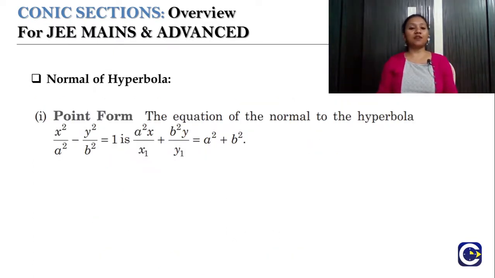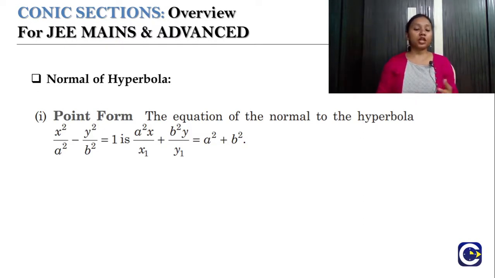Now, as we have discussed the position of a point and the things related to that, in relation to our tangents there is one more concept, that is the normal of the hyperbola. As we have discussed the equation of tangent, the equation of pair of tangents and all, there will be a line which is perpendicular to the tangent. That line is called the normal of the hyperbola. As the normal is again a line, we can have the equation of the normal line in different forms, right?